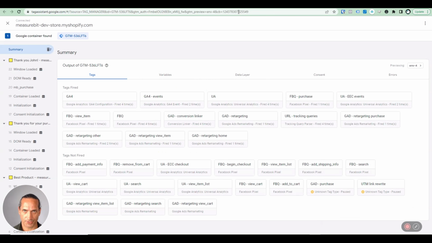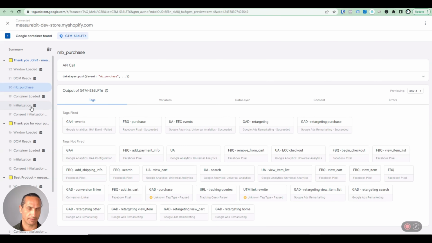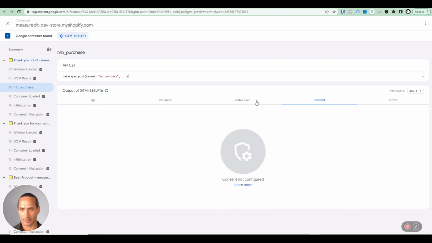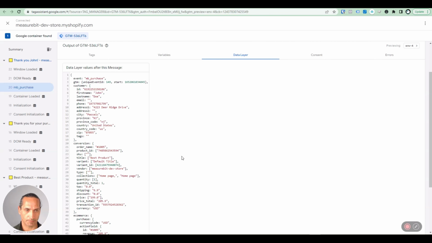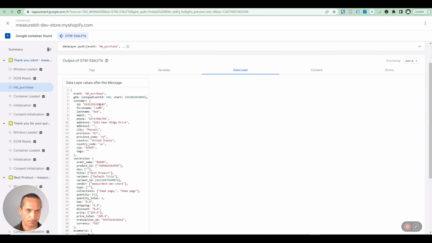Okay, so we have our conversion, and if we go back to our GTM browser container, now we can see that we've got an event in the left hand side panel, and this is a purchase event. And so if I go to the data layer tab on the right hand side panel, you'll see that I have some customer information. I've got an ID, first name, last name. Email is missing because of the way that I filled that form in, but we do have the phone number, remembering of course that this is critical for Google enhanced conversions. We have the address, city, province, code, we have the country code, and we have the zip. Right, so we have all the info we need,